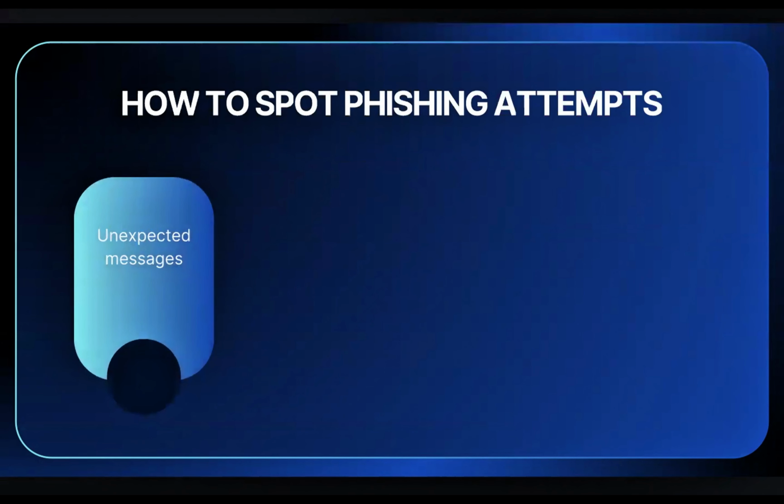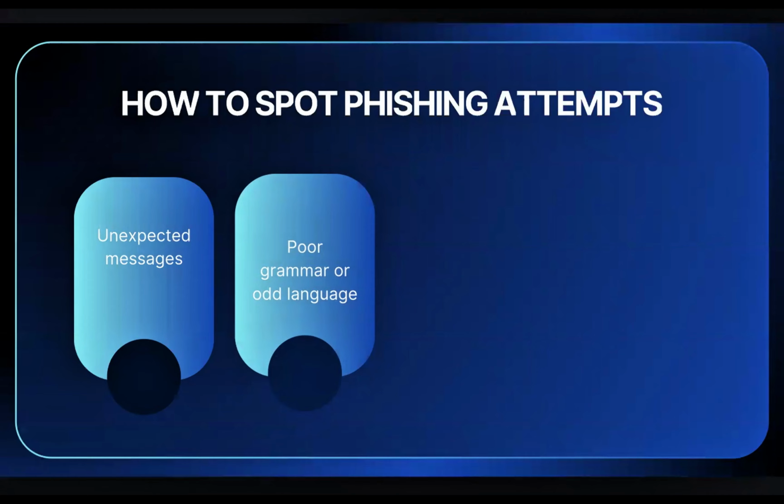The next thing we'll consider is how to spot phishing attempts. The first one is unexpected messages or requests. You are not expecting the message, you never requested anything, and then you're just seeing the message. So that could be phishing. Also, poor grammar or unusual language. But with the advent of LLMs, large language models, or should I say AI models, this might not be common again because some of them are using LLMs to write messages or emails. And some of these attackers behind phishing attempts are even very good at English now.